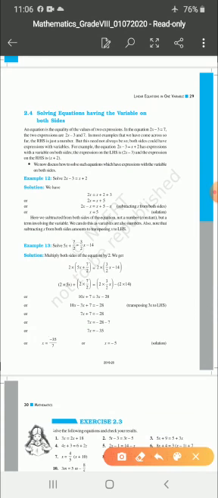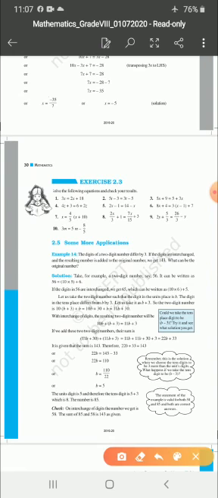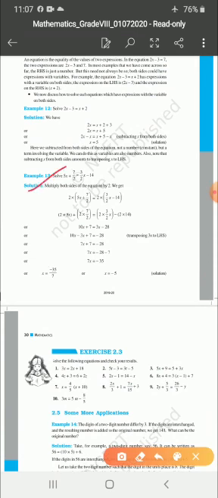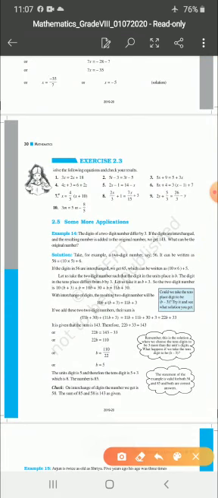Either you can do it like this, or else by balancing the equation, the non-transposing method, you can also find out the answer. You get the same answer, x is equal to 5. Okay. Next I am going to discuss the exercise problems. In the exercise, all these problems come under the category of the first example which we discussed now, and this example 13 will be the same as problems 7 to 10. So I'll explain the 7 to 10 problems directly.